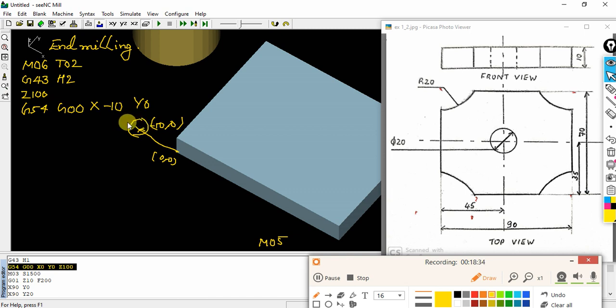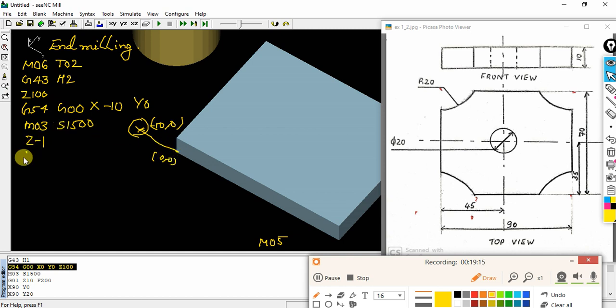Once the position is done, make sure that you switch on the spindle. M03 S1500, spindle on in clockwise direction. This pattern will remain the same whenever you start a new operation. Before moving, I will drop my cutting tool below the work part, so that the complete material is removed. So the same thing I have done, Z-1. If it is 0, my cutting tool will lie below this work part.